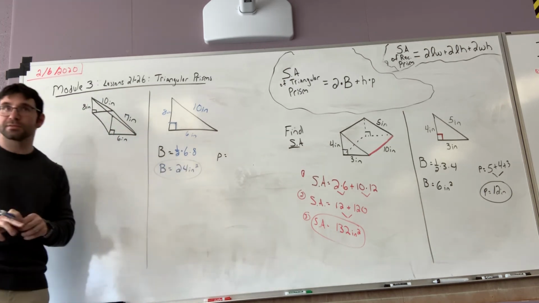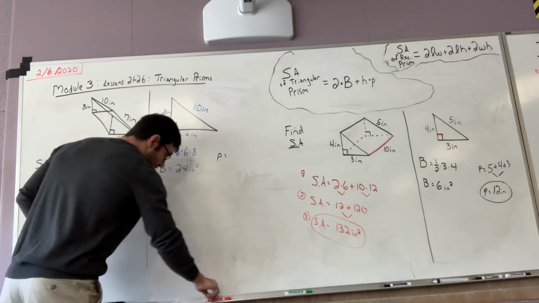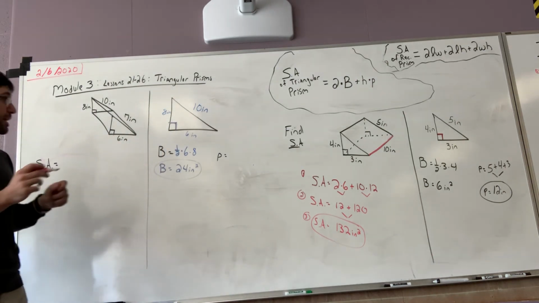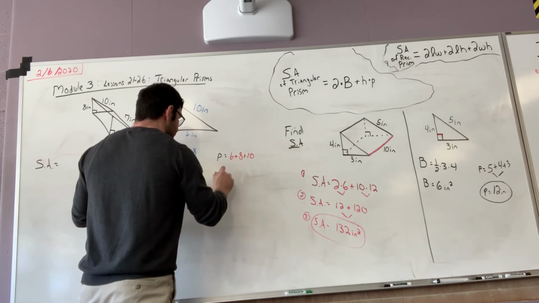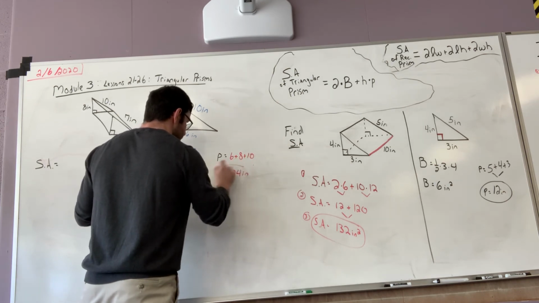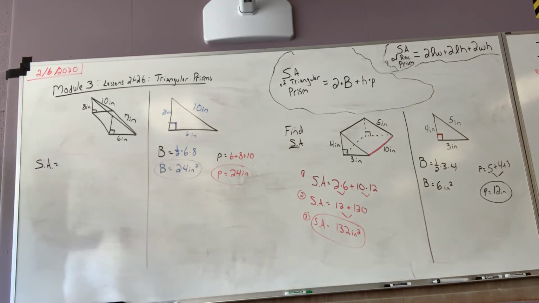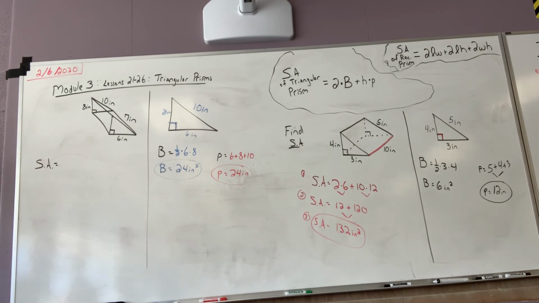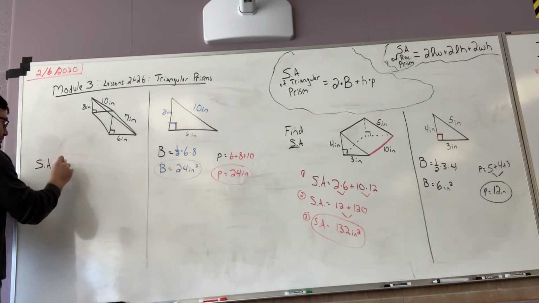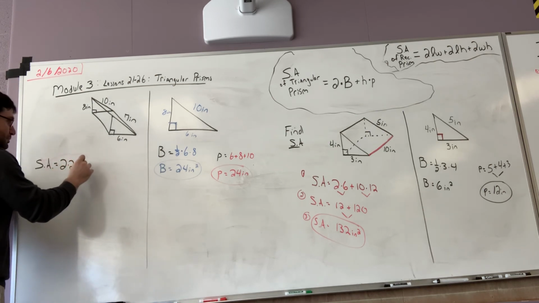There's my base. And I saw probably, again, half of you say, man, perimeter's easy. I know to add 6 plus 8 plus 10, which lo and behold also gives me 24 inches. Mr. H, did you plan that? No, I didn't. But once I have capital B and lowercase p, then we can substitute into my surface area. Somebody who feels confident, I want you to tell me exactly how I would substitute in. 2 times 24 plus 8 times